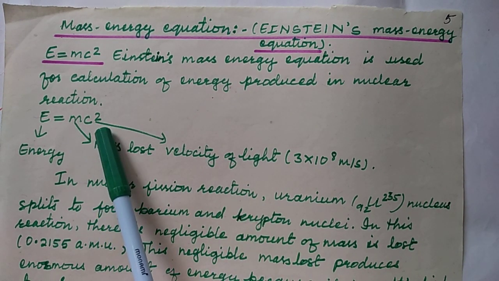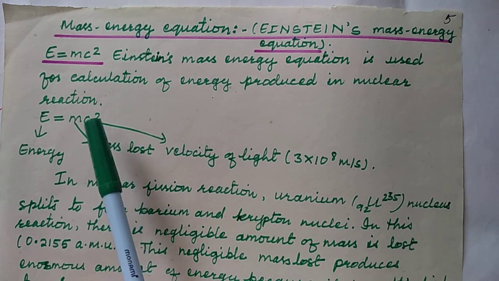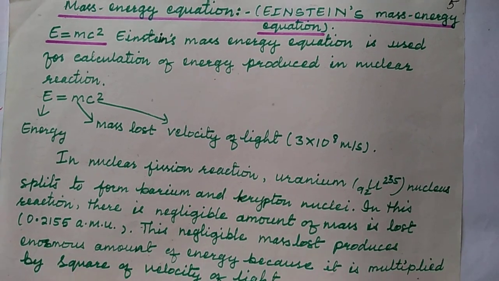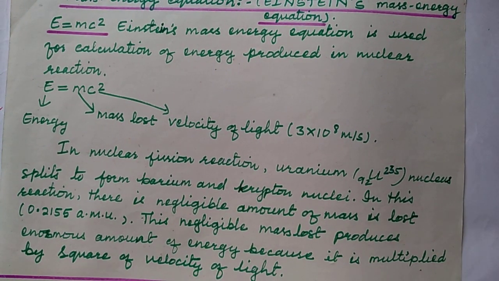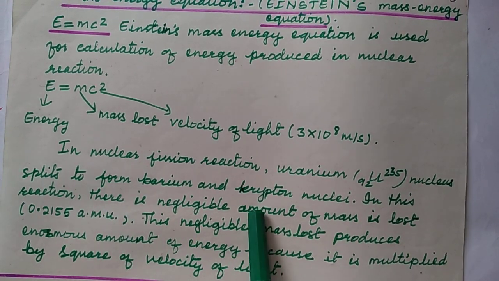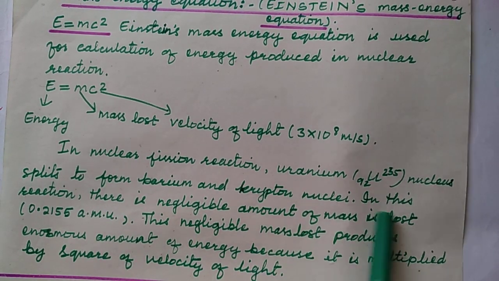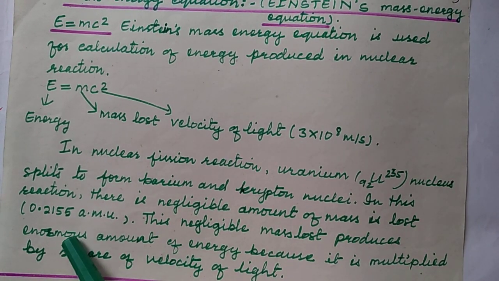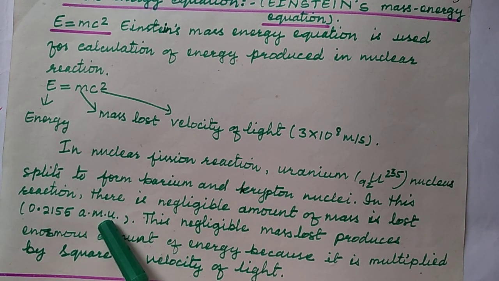E equal to mc square. C is velocity of light, m is mass lost. Okay, so in nuclear fission reaction, uranium, for example 92U 235, nucleus splits to form barium and krypton nuclei. In this reaction, a negligible amount of mass is lost, around 0.2155 atomic mass unit, which is a very small amount